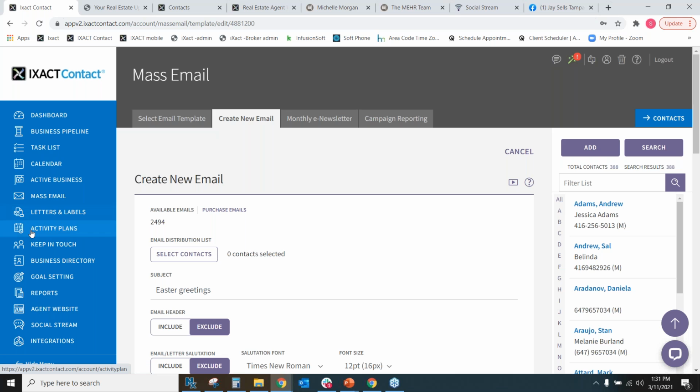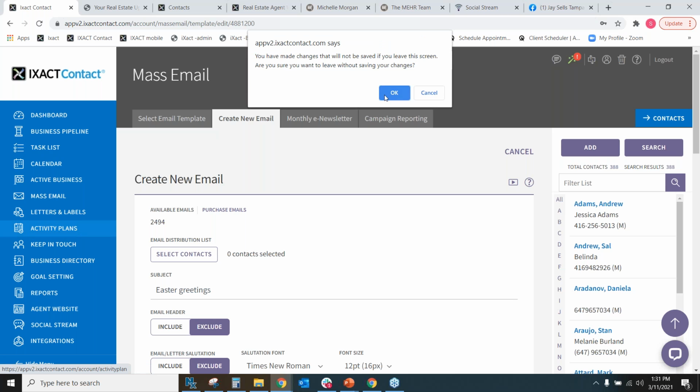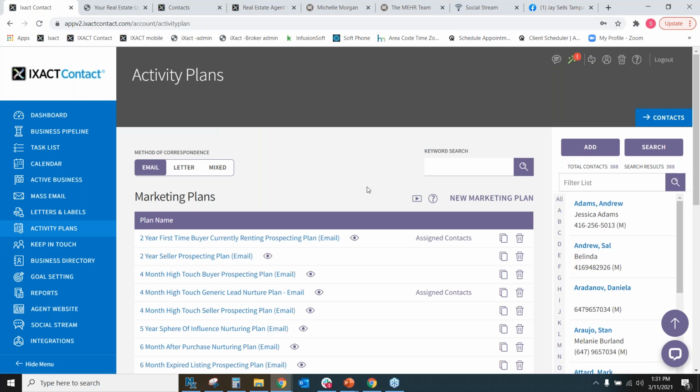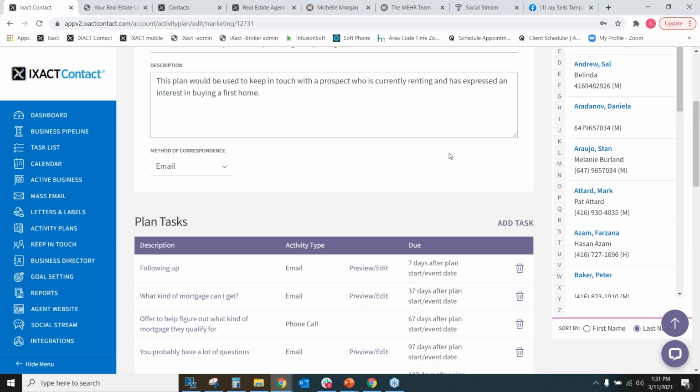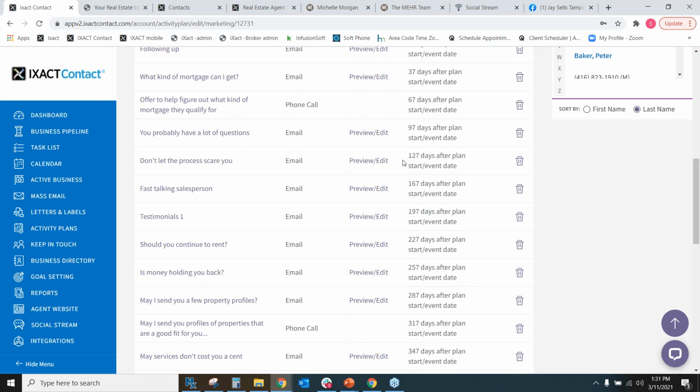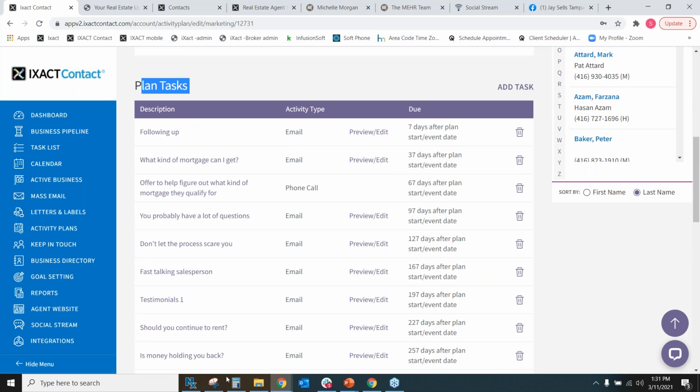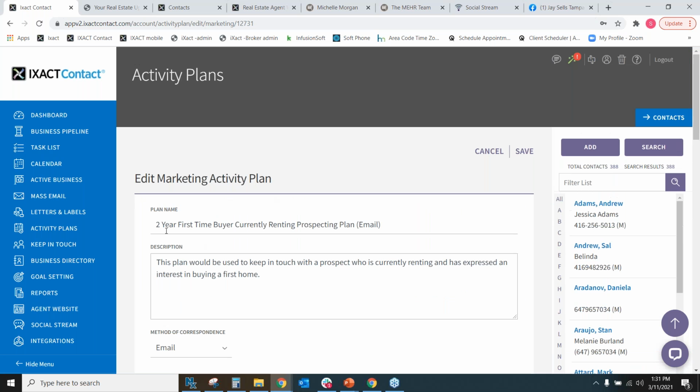There are also all of the activity plans already set up. And again, all of that content we were just looking at, all of those individual activity plan emails have been scheduled into campaigns that have all these different, we call them tasks, but the task could be an auto-sending email. Each email has information relevant to the type of person that this plan has been designed for. So if I go back to the header here, this is a 2-year-long campaign for a first-time home